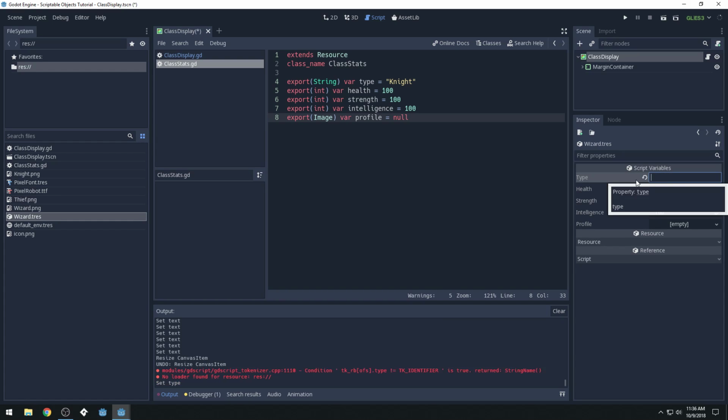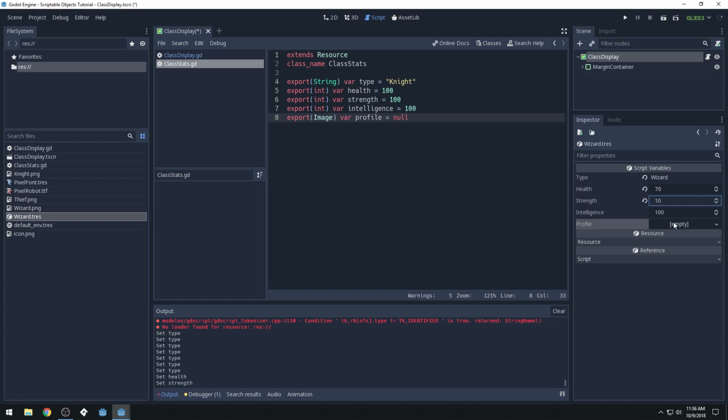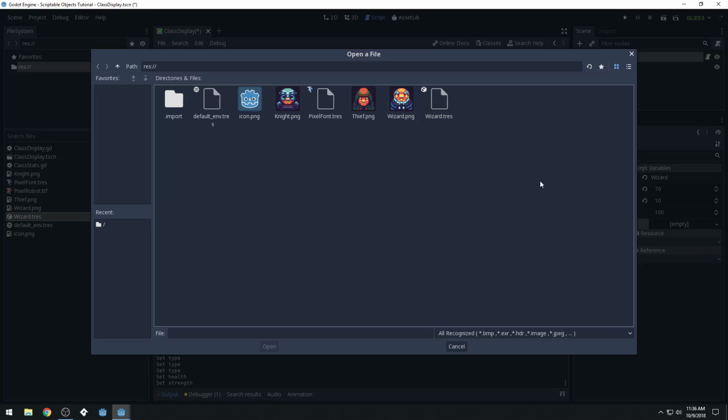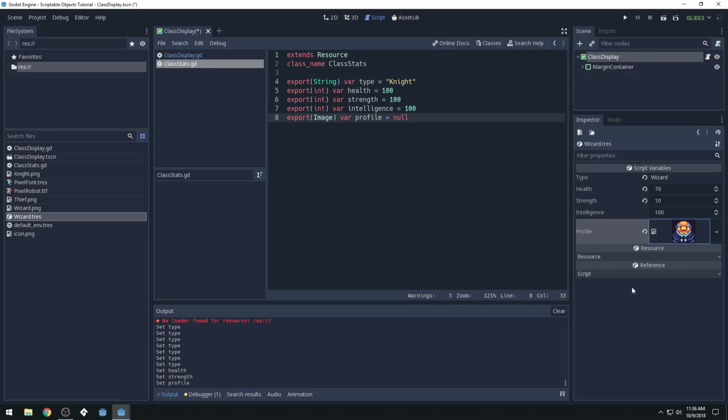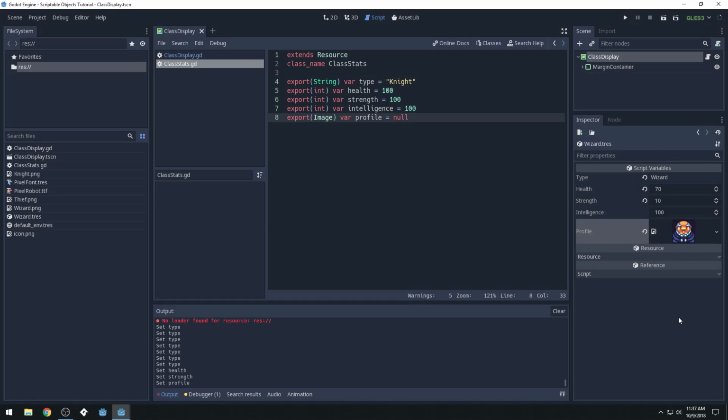We're going to give it a type of wizard right there. And we're going to set its health to maybe 70. Set its strength to 10, I guess, and its intelligence to 100. And then the profile here, because we did image, we can actually select an image. Let's load an image and we'll select the wizard profile. And then we just Control S to save,